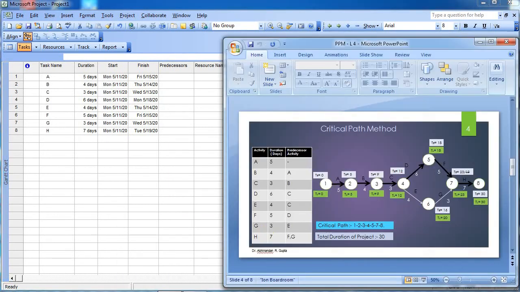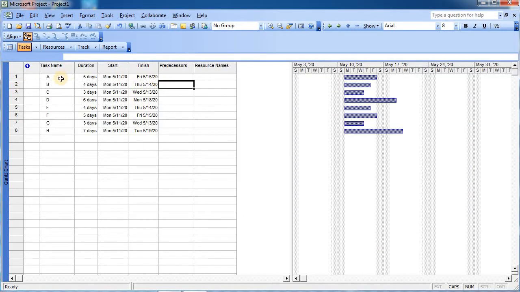Now it is time to insert the relationships between the activities. So we need to insert the predecessor activity. For B it is A and for C it is B. So for B the predecessor activity is A. We cannot write A here, but you are supposed to write the serial number of A, that is 1.